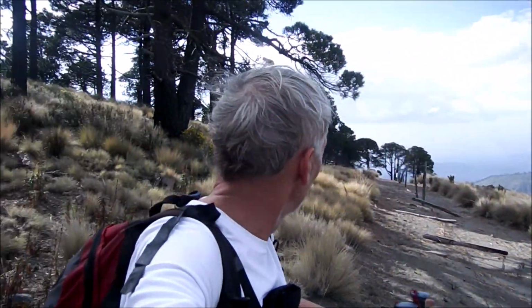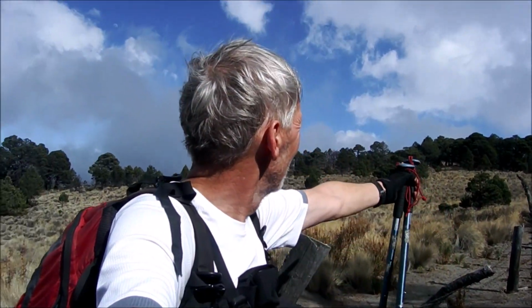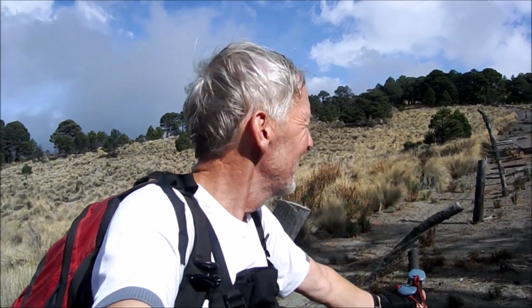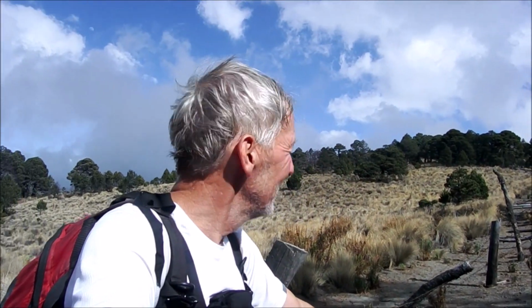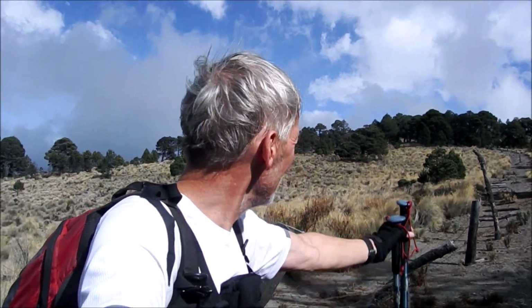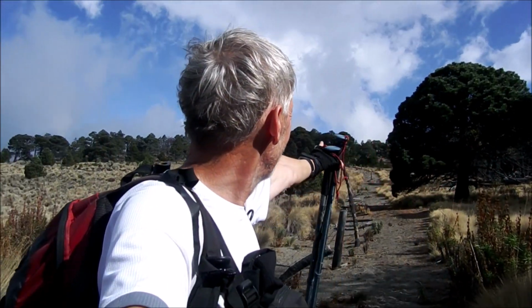Okay, hikers, look at this. I'm continuing alongside the fence, and I'm continuing alongside this ridge, and the trail continues to climb gradually. So yeah, hiking here is very nice, moderate effort. I continue hiking up, and I continue going the right direction, getting closer and closer to Pico, and getting closer